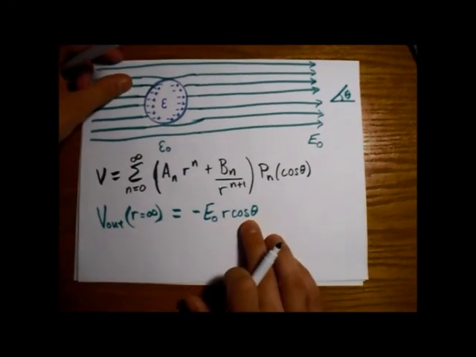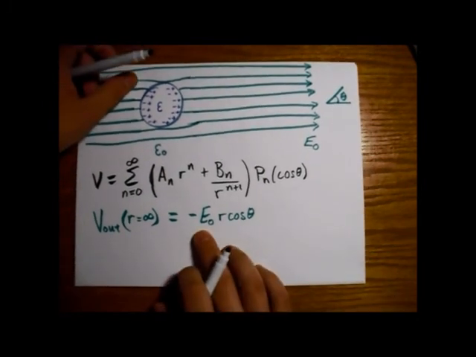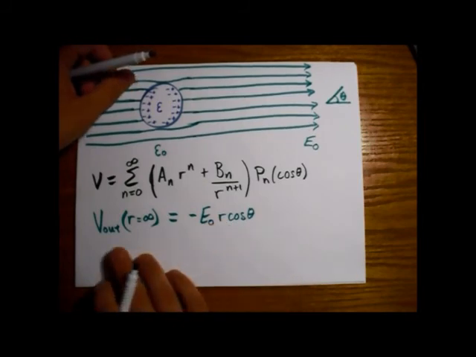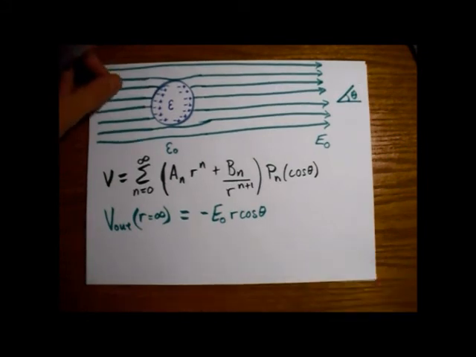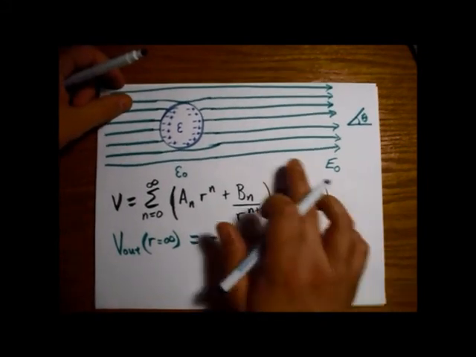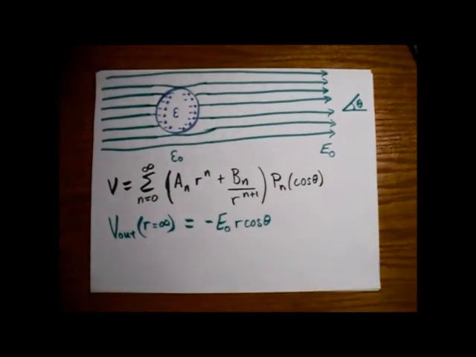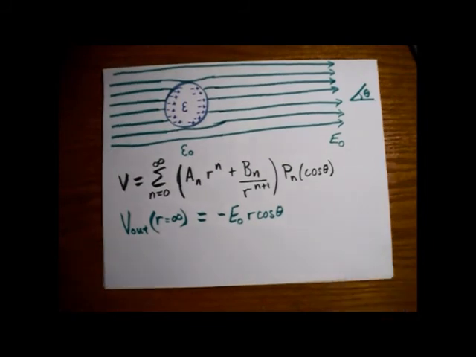Basically r cosine theta, that's just z, and we have a minus E times z, which is the potential. So you take your gradient along there, and you just get a nice, constant electric field. You take the minus the gradient of the potential on the outside. So on the inside, and also,